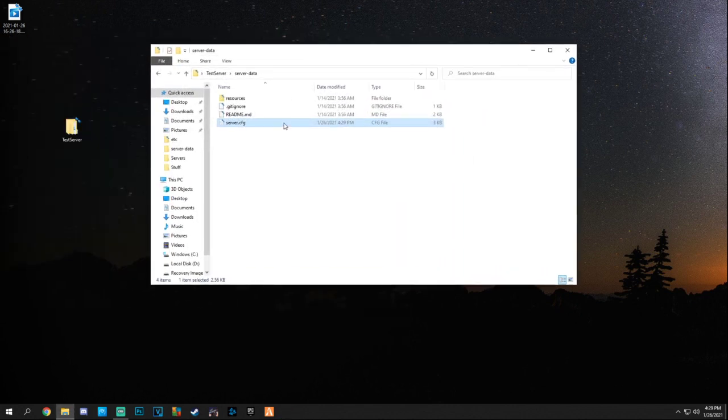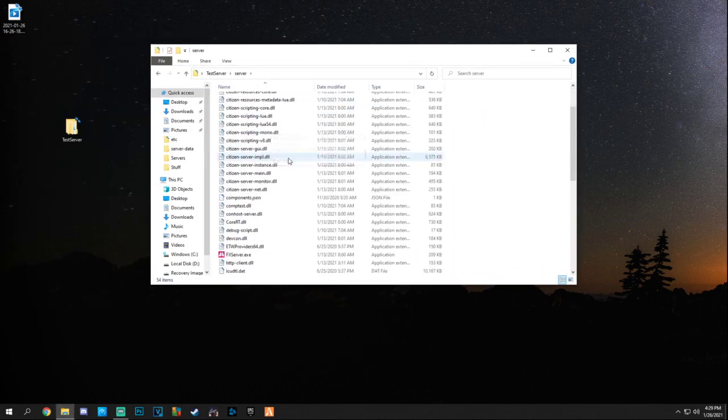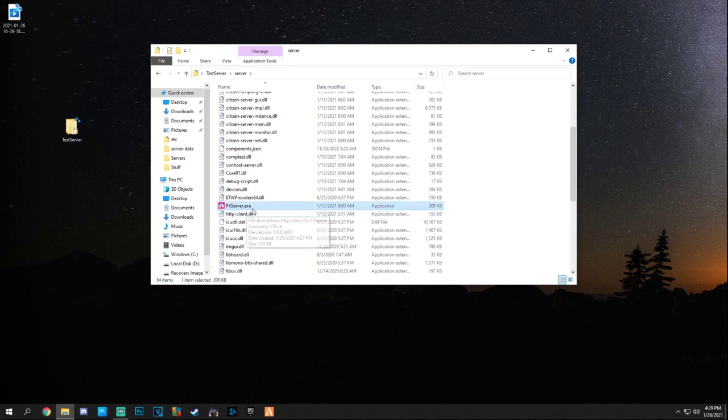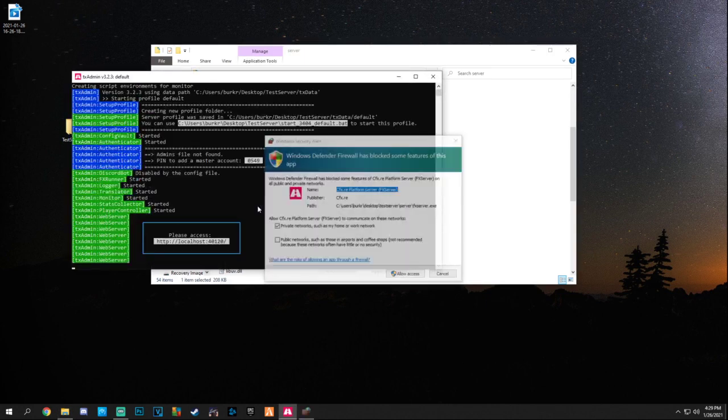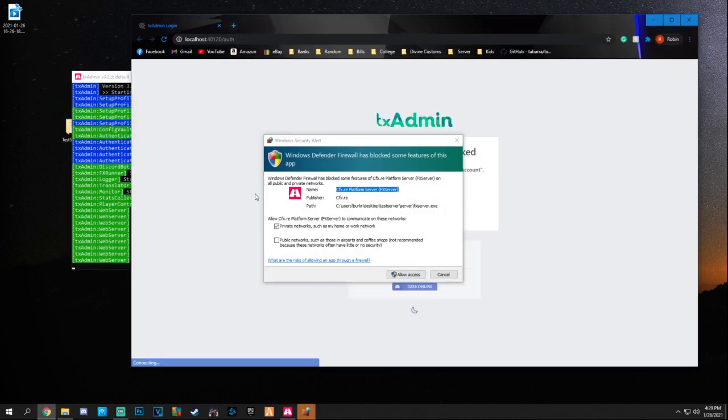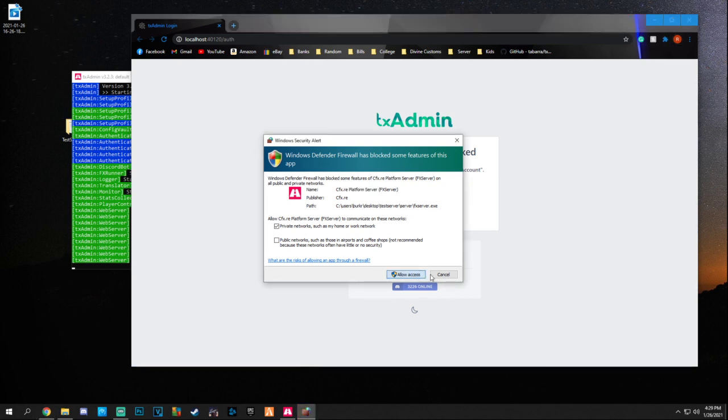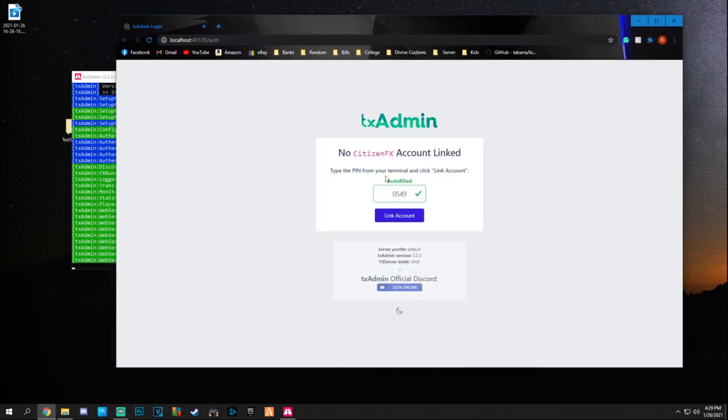So now what we're going to do is go back to our server folder, scroll down till you see fxserver.exe and just double click that. You see it does a bunch of things right off the bat. Go ahead and allow access, and you can see txAdmin already pops up. Go ahead and hit link account. And the first thing it's going to do is make us